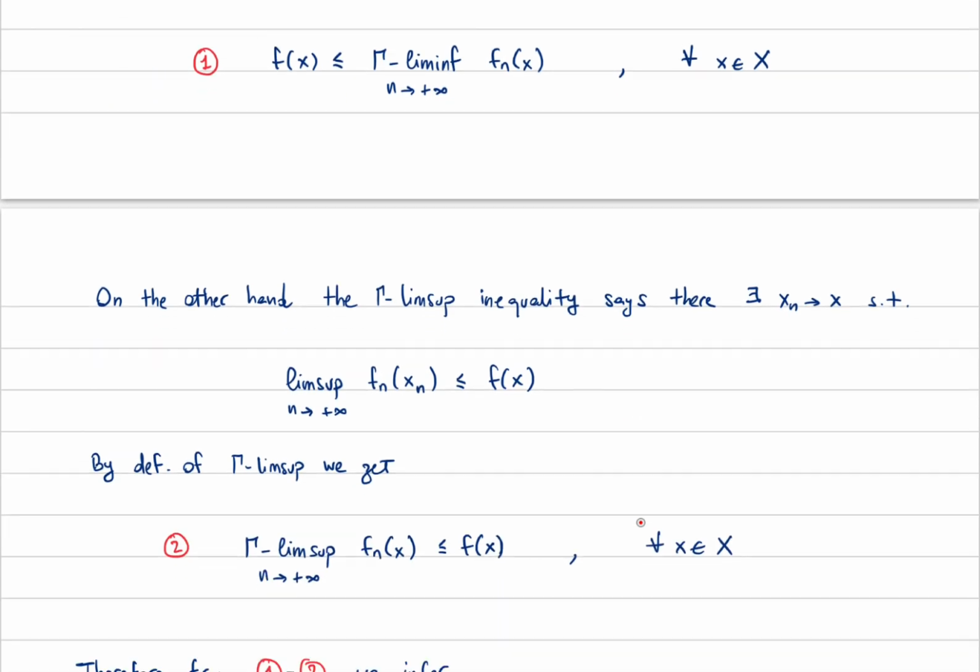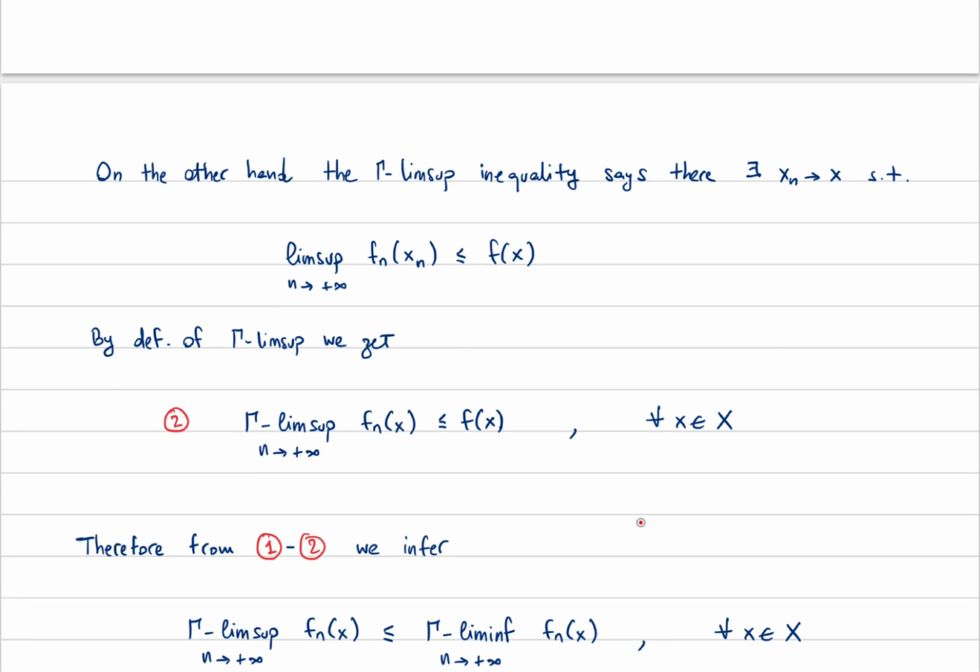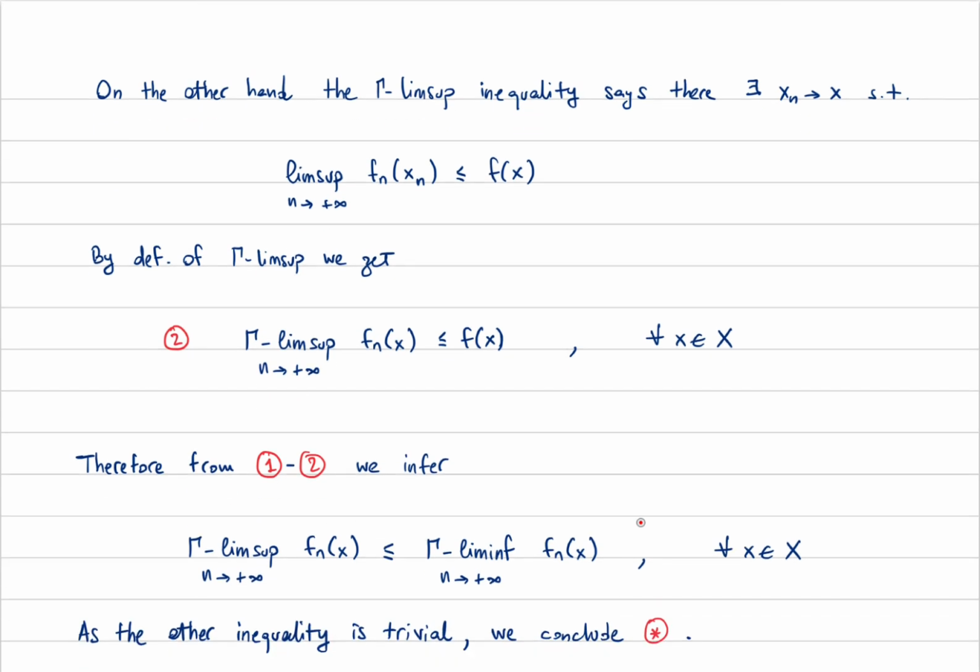On the other hand, the gamma lim sup inequality says that for every x in X fixed, there exists a recovery sequence such that the lim sup of Fn of Xn is less or equal than f of x. And therefore, by definition of gamma lim sup, again here,